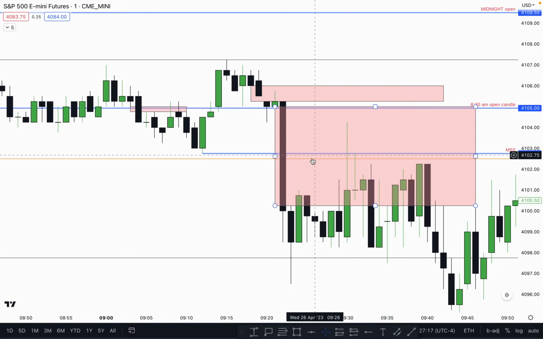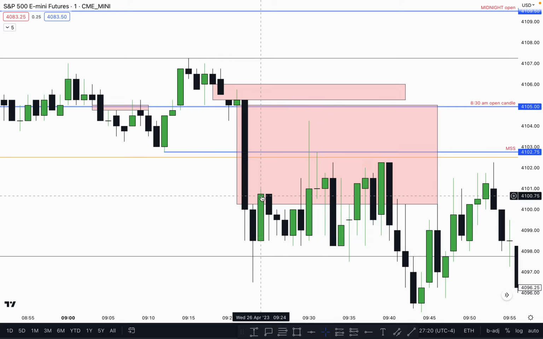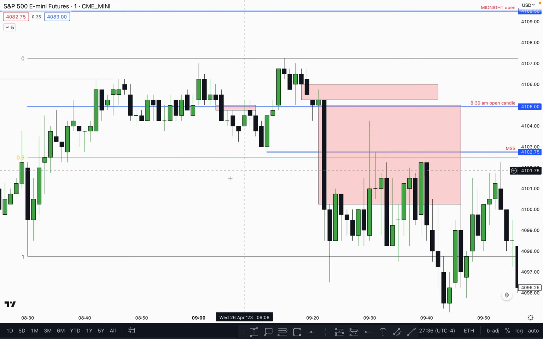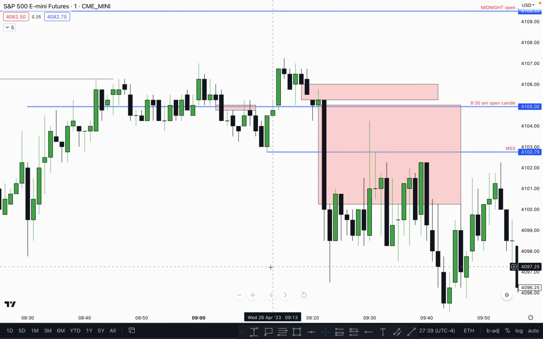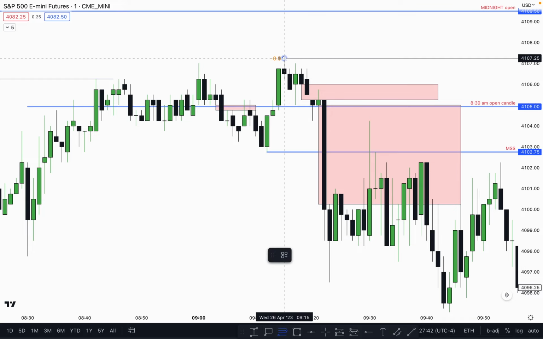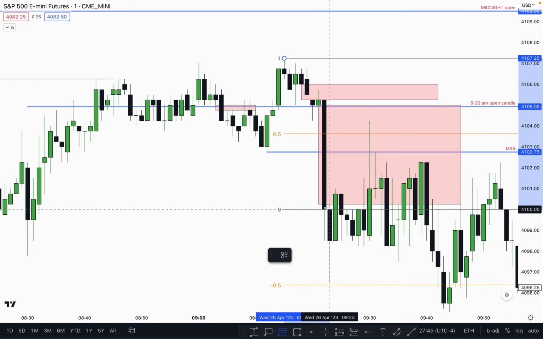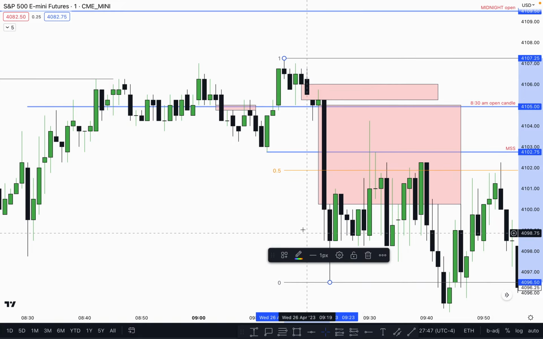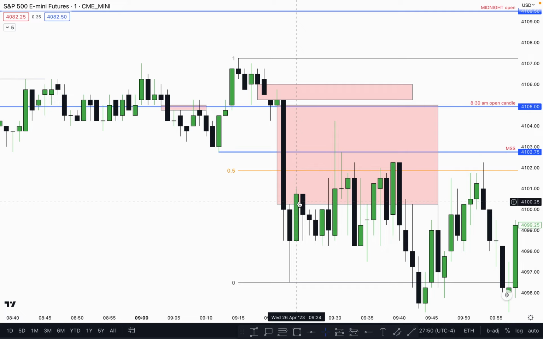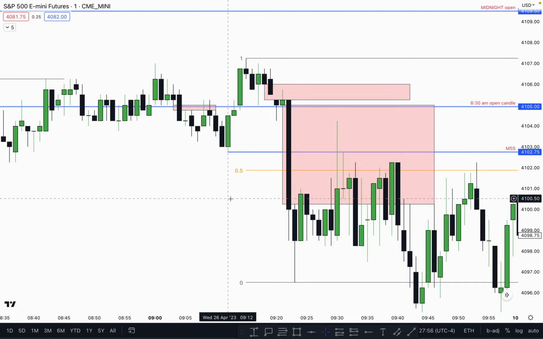So if you miss this option and this option, you can enter anywhere around it. Even on this candle, you could have entered. But depending on how much you can weather, you must be able to weather all this movement if you're going to put your stop here. But luckily for us, just like how we used this Fibonacci, we can put it on the new high. Where did this go maximum down? Up to here, right? So if you don't want to enter here because it's too much of a risk, but it's a big fair value gap and it's a continuation of our bias,